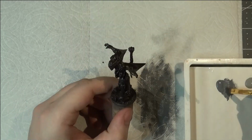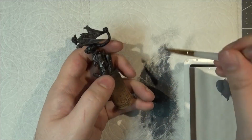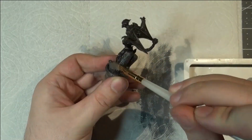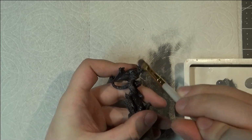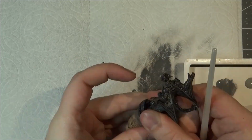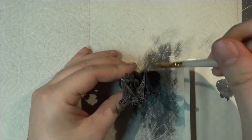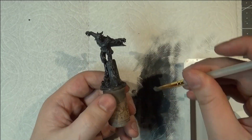And dry brushing is one of the first techniques most new painters learn, and these are great models to practice on, because stone is your classic dry brush texture. It looks great with dry brushing, and well, dry brushing isn't always the right approach for everything, it's usually the right approach for most stone applications. So it works pretty good with stuff like that. So as I'm showing again, you use the uniform gray to get kind of a rough